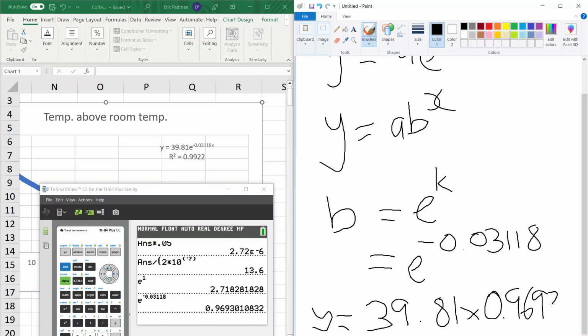So now what I've gone and done is I've converted the model that Excel gave me, that one up there, to the